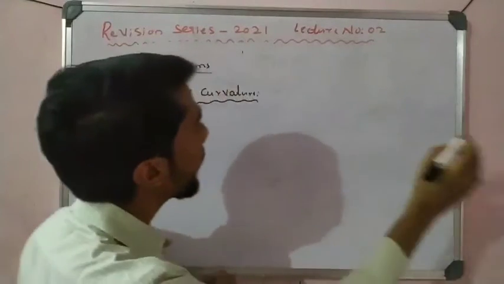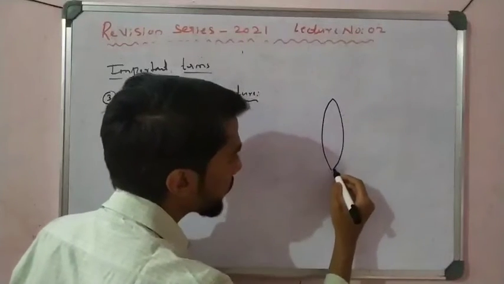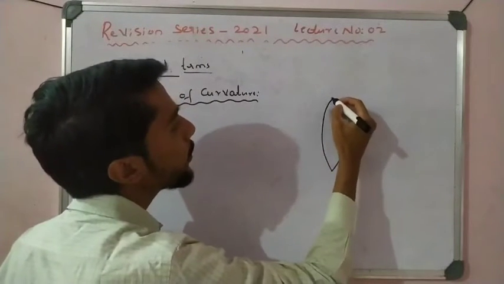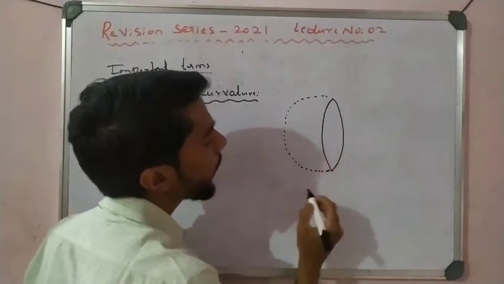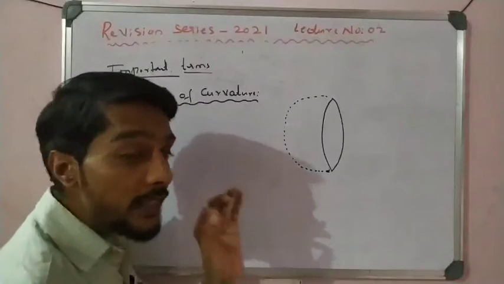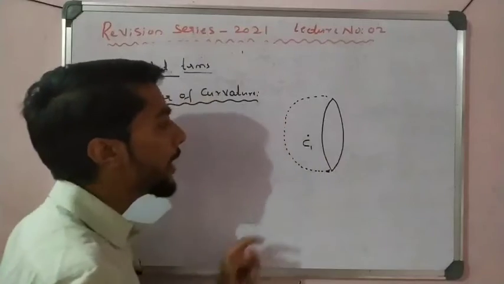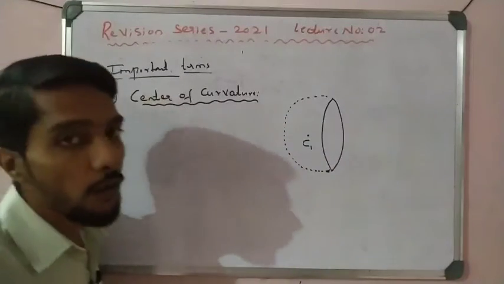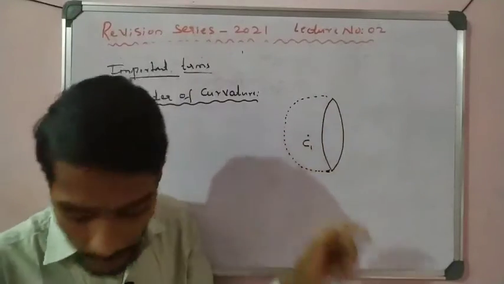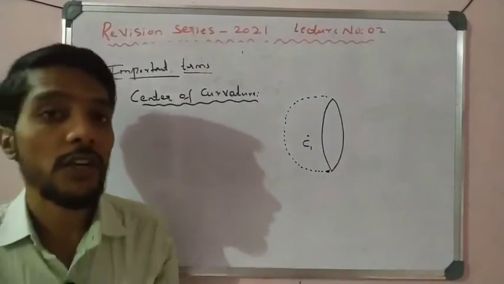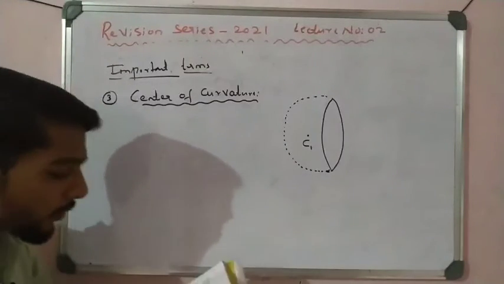See here in the diagram. I can take one diagram here that is about a convex lens. If I extend this part, what happened? This part forms a sphere, right? And we know that a sphere has a center, that is C1. And that center is called the center of curvature. So what is center of curvature? The sphere has a center, and that is called the center of curvature here. The refracting surface is a form of sphere. When we extend that, we get a center, the center of curvature.